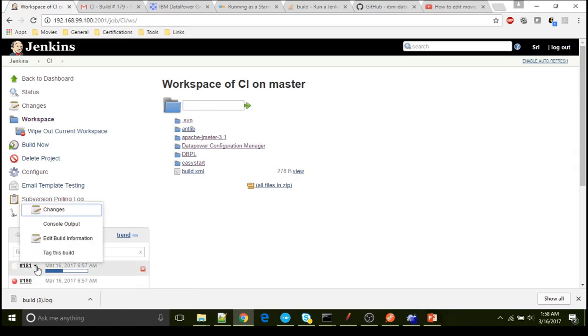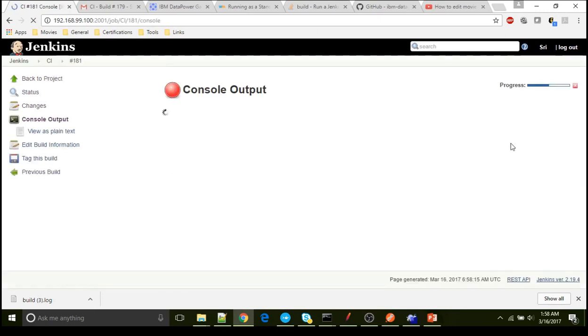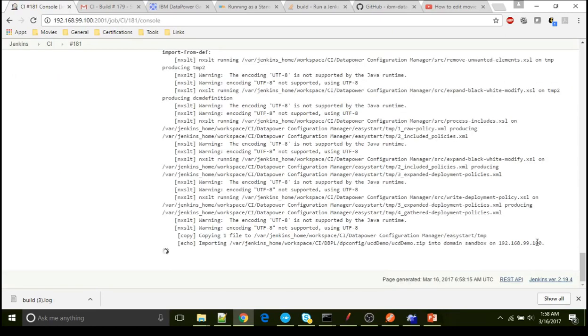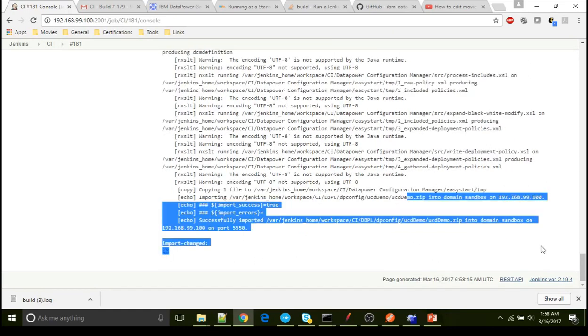Let's go and see the console output. So the services are getting deployed into sandbox, domain into domain sandbox. Okay, build is successful. Let us see the test cases.